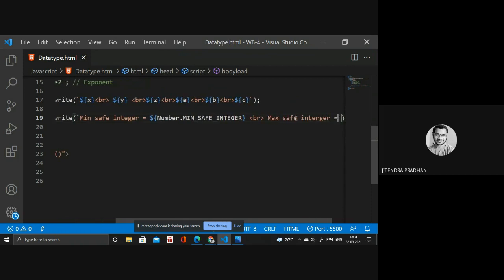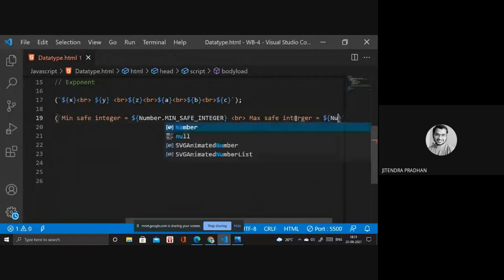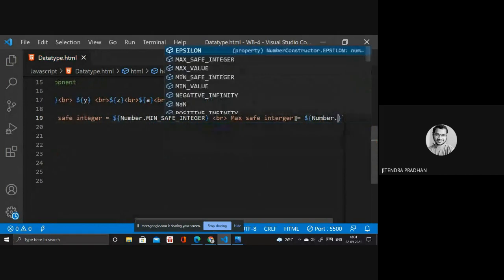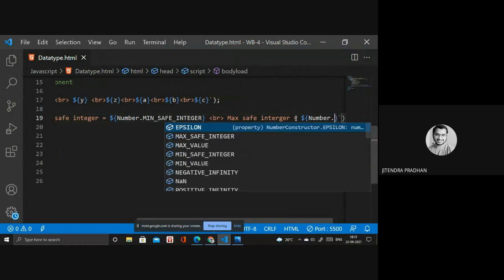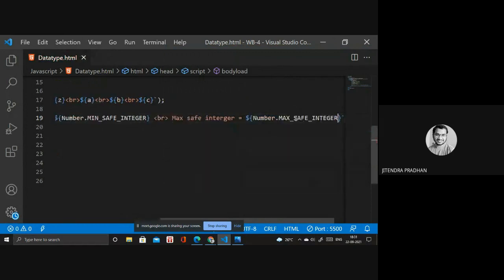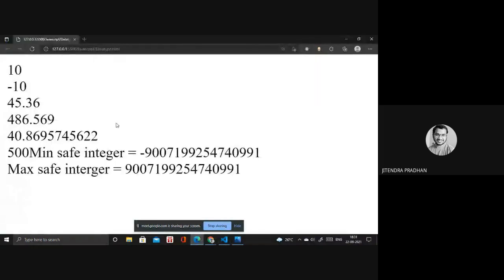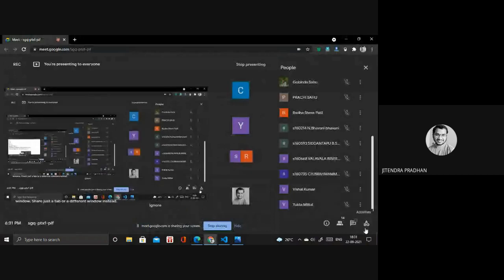What is safe integer? If you are asking me that, safe integer means in between that range you have to write all the values. Okay, this is safe integer. So what are the values of the safe integer? I will show. So Number dot, we have maximum, MAX_SAFE_INTEGER. Okay, and I think another message is something.